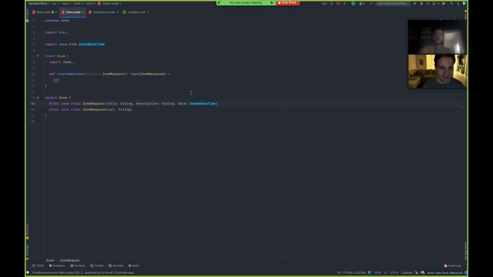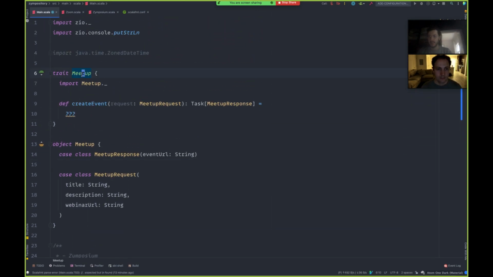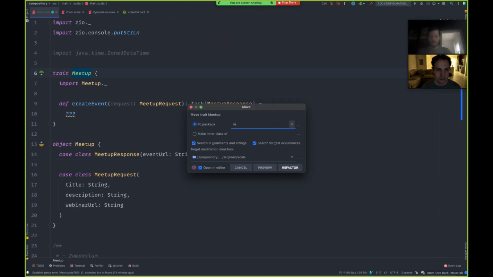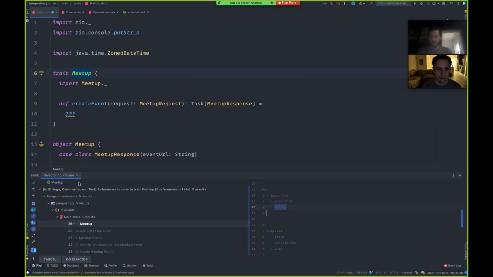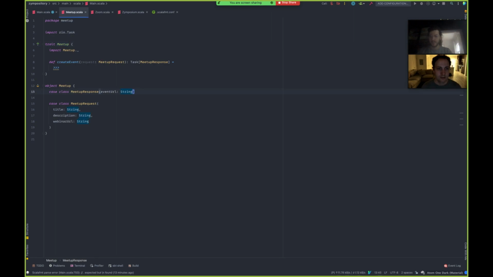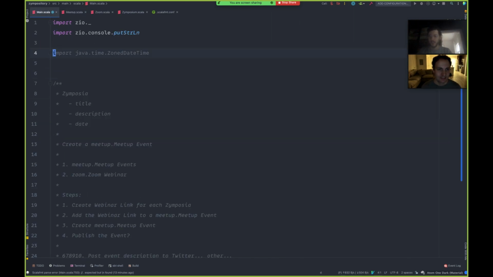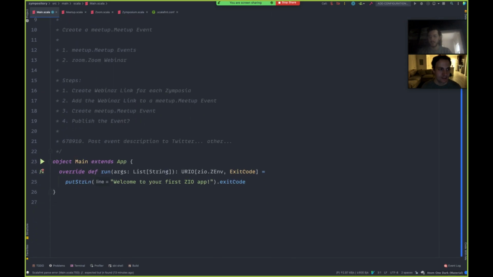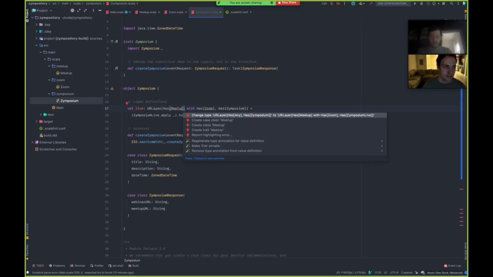Okay, so we have zone daytime there. And then in this, I'll take Meetup and hit that little button and move this into Meetup. So everything is now nicely organized and everything feels clean and wonderful. And I can delete these notes and daytime, and there we go. So yeah, everything is now parsed out into its own packages. Very, very lovely. And so yeah, now we could, well, let me get this to compile.